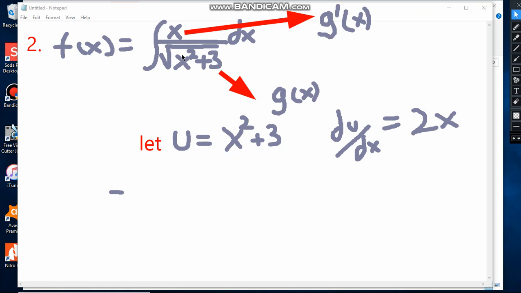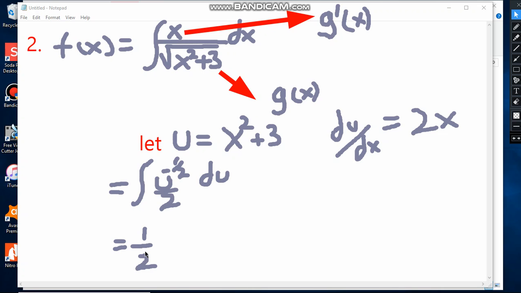When u goes to the top, we have u to the power negative half. So this is equal to the integral of u to the power negative half, and x dx is equal to du divided by 2. We take a half outside the integral sign: the integral of u to the negative half du